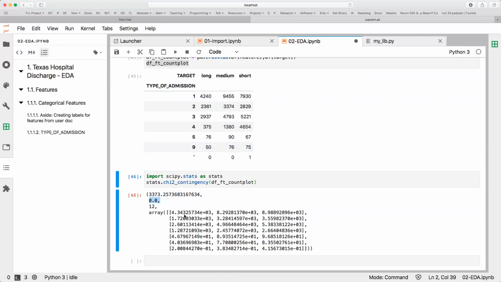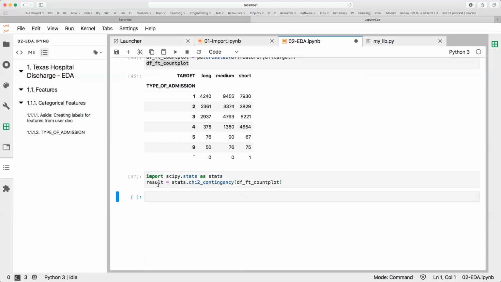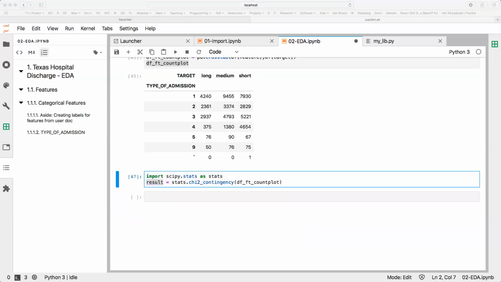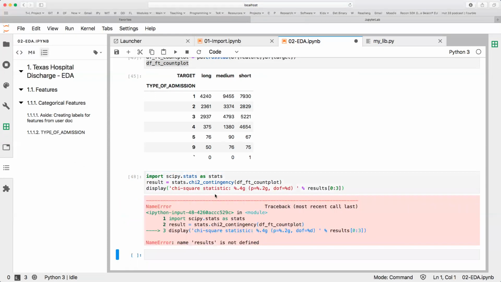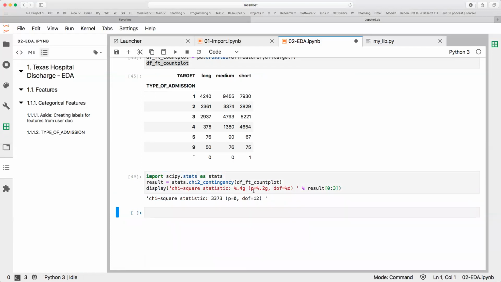And now we tend not to just output all this rubbish like this, or I tend not to. I tend to just save that as a result. All right. And now I just want to output the bits and results. So the thing I tend to do is something like this. I output the following: result. So what I've done there is I've just taken the first 3 entries from my result list